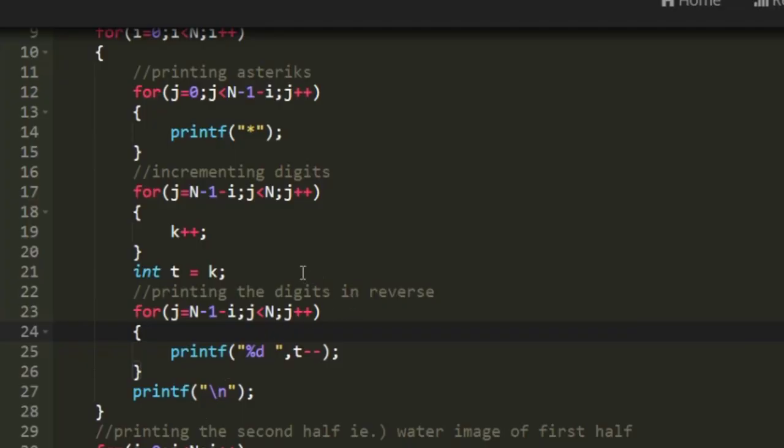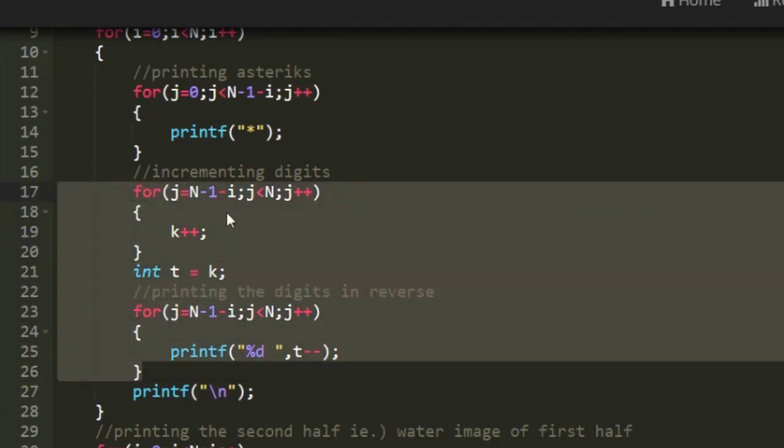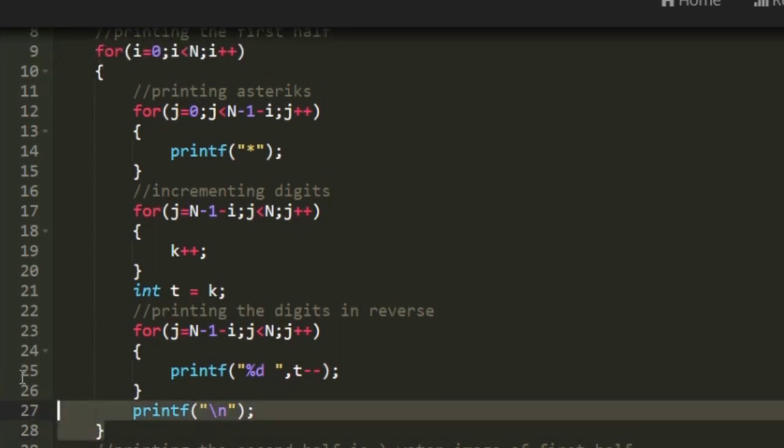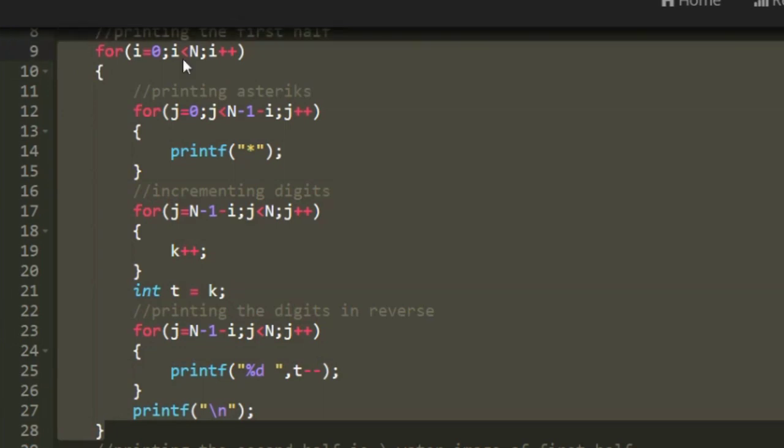To do that, in every row we find the maximum value of the digit that can occur and store it in a temporary variable, and then we decrement the value of the temporary variable the same number of times using the loop. When we loop like this, we print the digits in every row in reverse order. After printing asterisks and digits in every row, we use a \n to print on the next line. When this for loop finishes its execution, we would have printed the first half of our pattern.